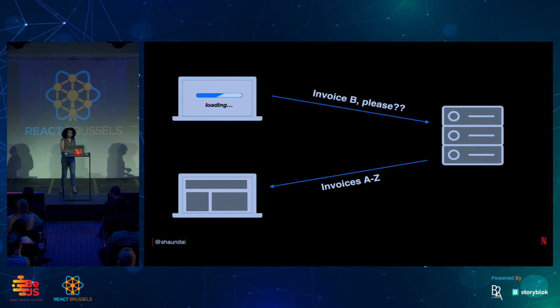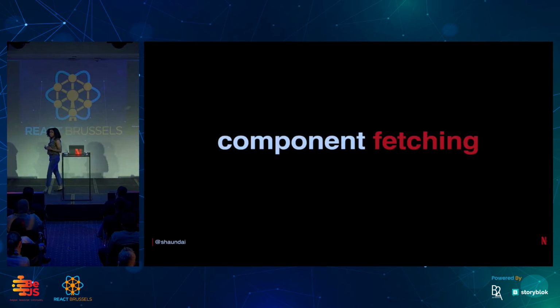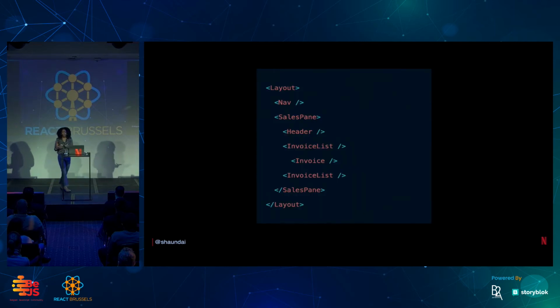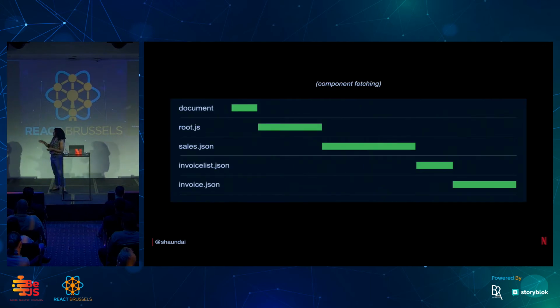The next issue is that we're doing something called component fetching. And this stems from the way that we have to walk the component tree and fetch the data for the components in the order that they appear in the DOM. So in our app, we have to first fetch the data for the layout, then fetch the data for the nav, then fetch the data for the sales pane, and then fetch the data for the sales pane's children. And so it kind of looks like this in this waterfall effect. It's like a relay race where one component fetches its data and then has to pass the baton to the next component so that they can